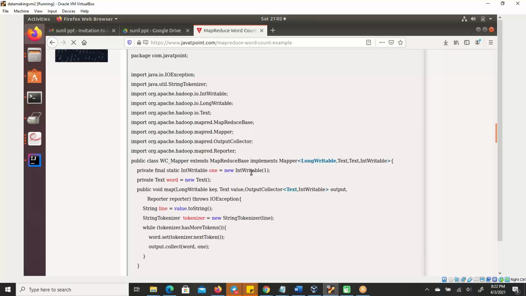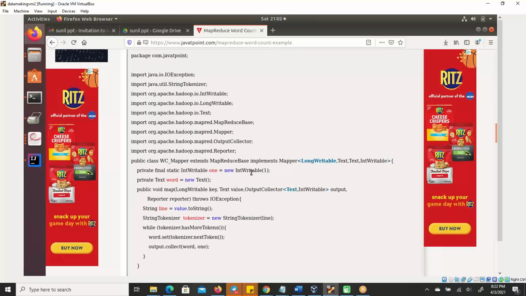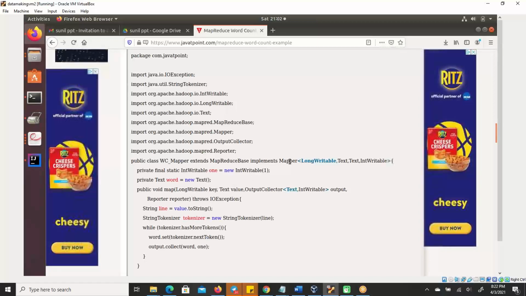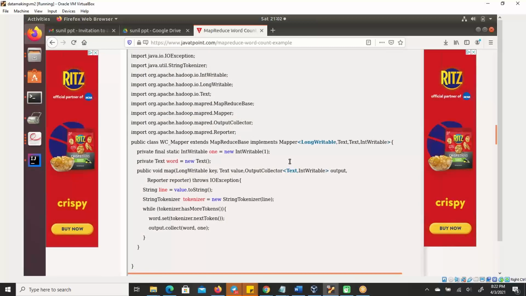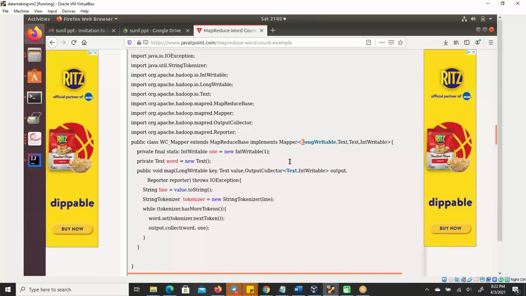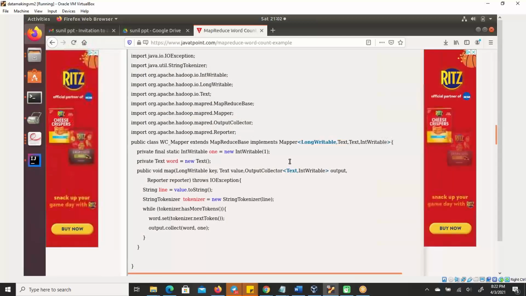So when we are writing a mapper class, this is a word count mapper, just any name we can give to the class, okay? And we are extending from the Mapreduce mapper class. Here we are getting two parts, the input and the output. If you see here, LongWritable is your offset, and this Text is nothing but